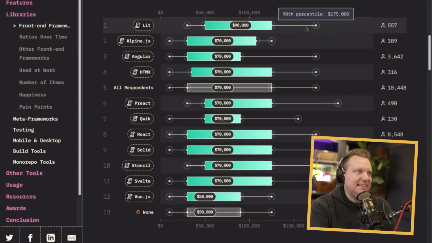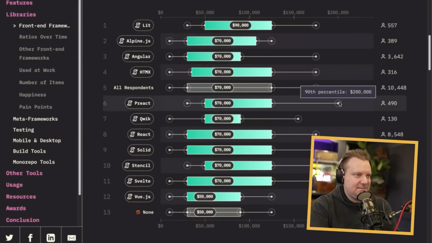You know what? I often hear people say, oh, I wish I could use Svelte at work, but I can't. And so that's maybe what I was basing that on. Sorry, one more question: what is the highest paying framework? They give ranges. So tell me, what is the highest paying framework? Angular. Is it surprisingly Lit? Okay. The 50th percentile, not average, is $90,000, but the highest paying at the 90th percentile is